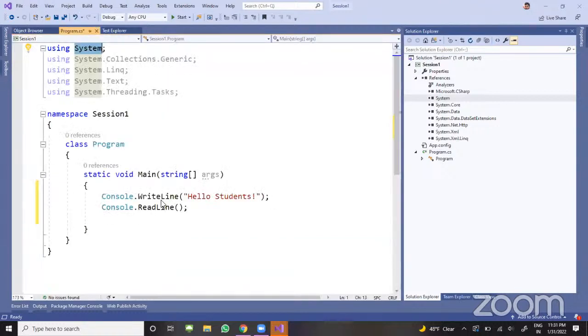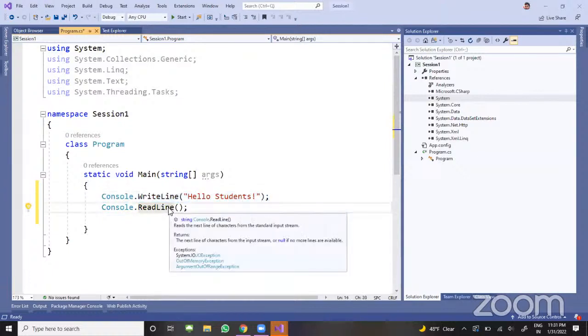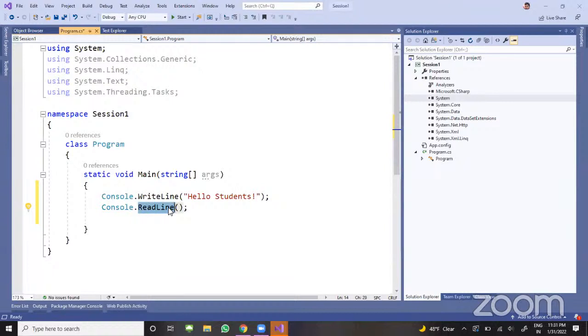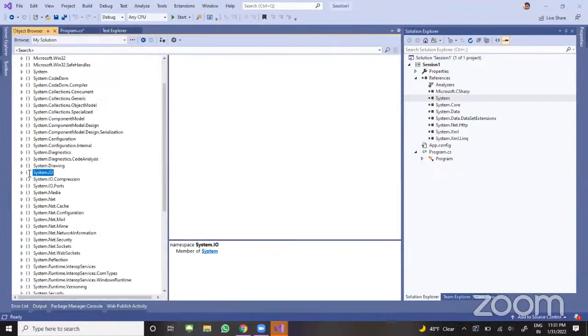Say what I'm doing is a write operation, which will write something, hello students, on the monitor. So this is an output line, and read line is just to get an input from me. So this is an input. All these input and output operations are defined in the System.IO class, and that is made as a library and